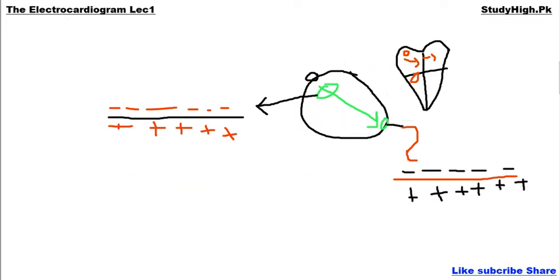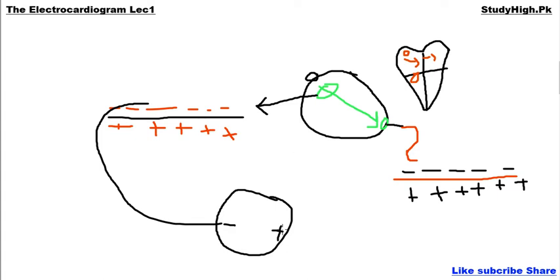Why? Because both cell membranes, or the whole atrial muscles, are in depolarized form. The outside of the cell membrane of these cells is negative, and the outside of the cell membrane of these cells is also negative. So if you connect the voltage meter, the negative terminal with this negative side and the positive terminal with this portion, there will be no deflection because both cell membranes are now in depolarized form, having equal potential. There will be no deflection.